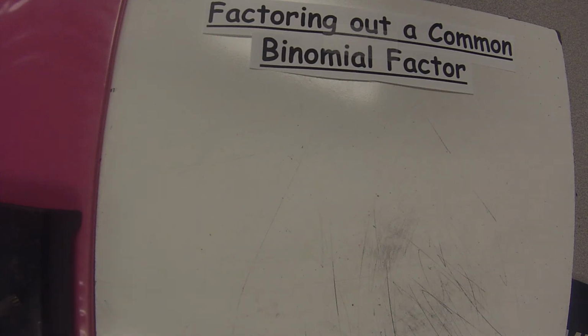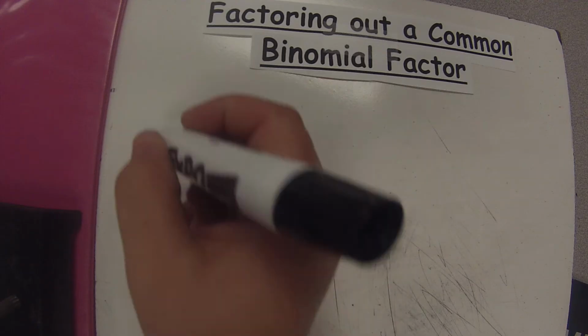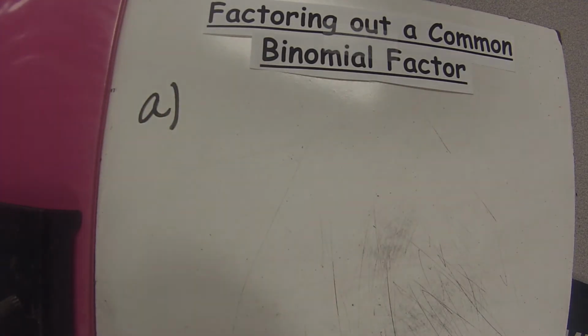Okay, this tutorial is the next section called Factoring Out a Common Binomial Factor. Sometimes the greatest common factor is in terms of a binomial. This type is called a common binomial factor. You can factor out a common binomial the same way you can factor out a monomial factor. So the first type of problem is going to be